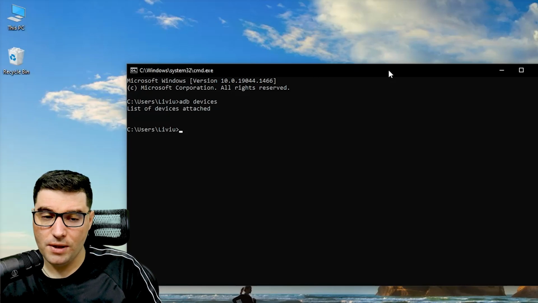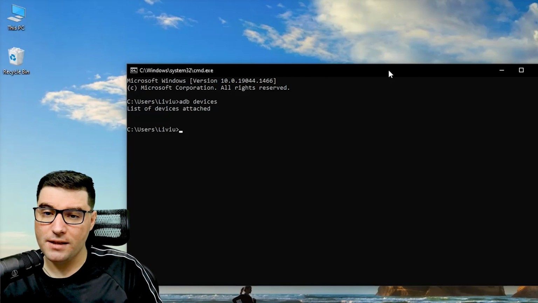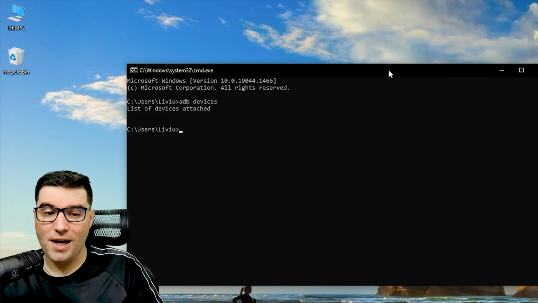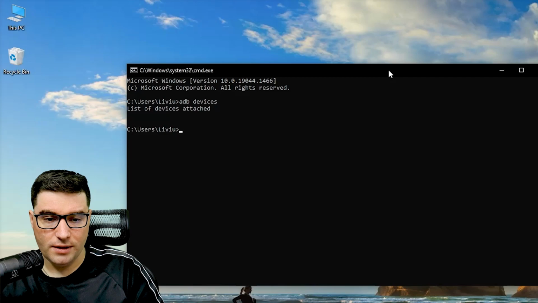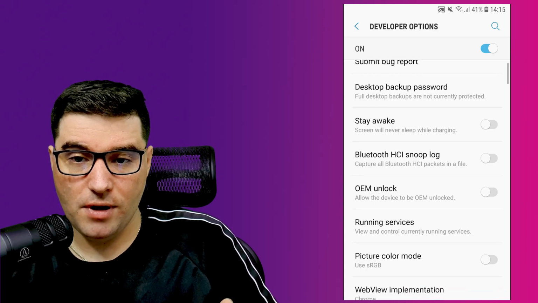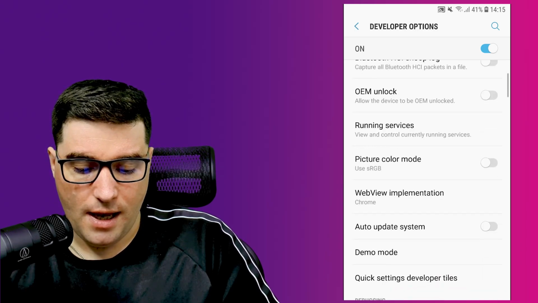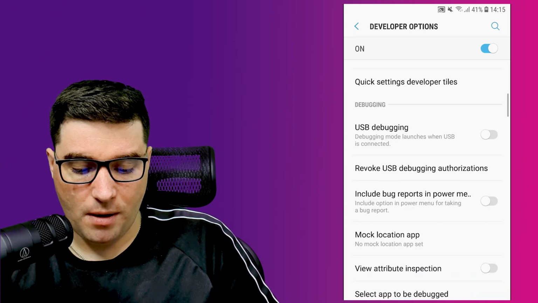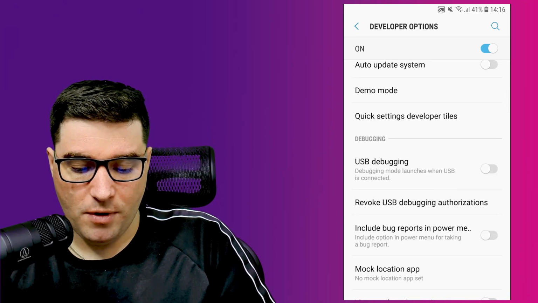Right now, we don't have any device that is visible to ADB because we have not turned on the USB debugging. So that's why you go into settings and you activate developer options. And then in the developer options, you have this check mark that says USB debugging.